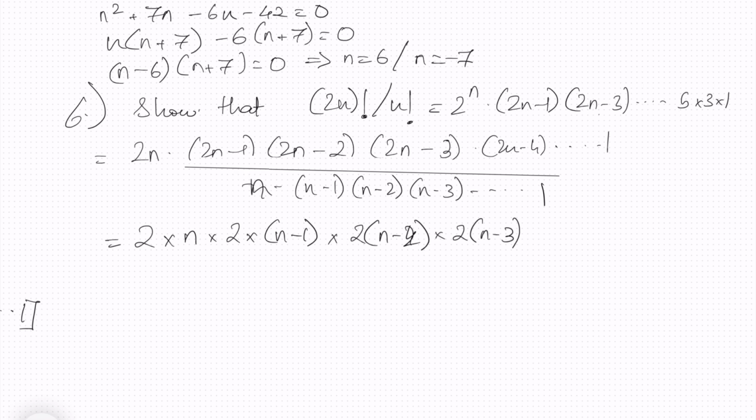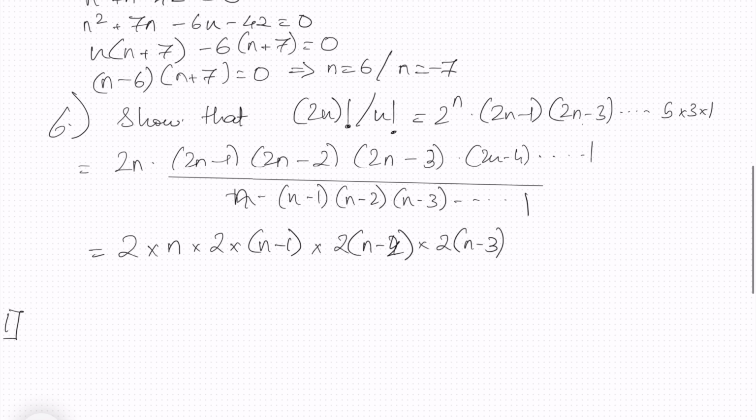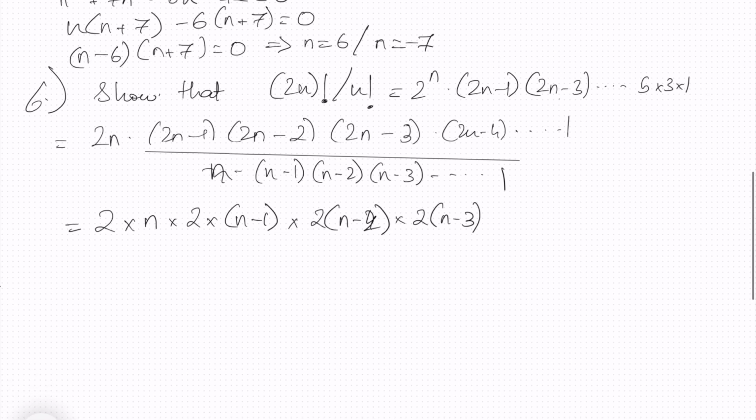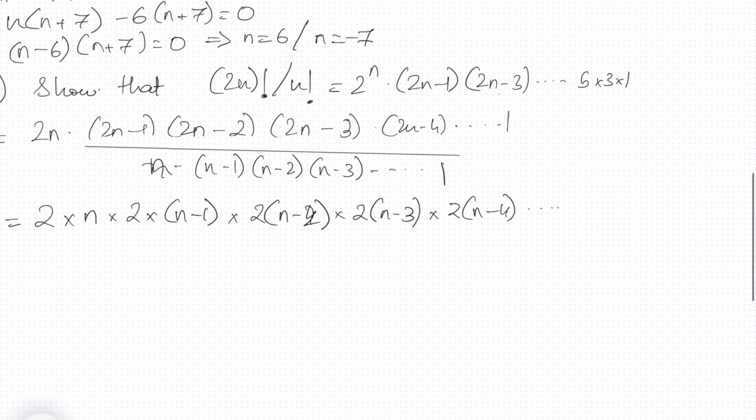So what I've done is, for all the even terms in 2n factorial, that is 2n, 2n minus 2, 2n minus 4, 2n minus 6, and 2n minus 8, and so on, I take the 2 out of the bracket, and then this is what I get. You can imagine the next will be 2 into n minus 4, so on, right? All the way up till 2, basically 2 into 1,